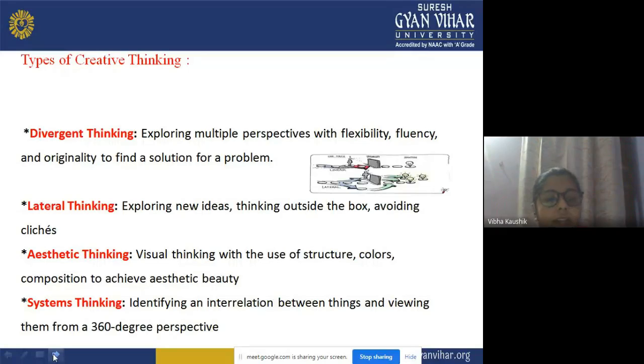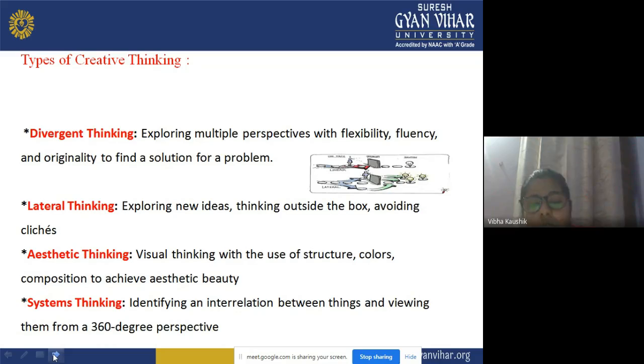Now, the next one is lateral thinking. Now, what is lateral thinking? It's a manner of solving a problem. Means a problem will be solved using an indirect or creative approach. Means you are using different ideas. You will explore new ideas, a new thought process, so that you will be able to get the solution of that problem using an indirect and creative approach, by reasoning that is not immediately obvious.